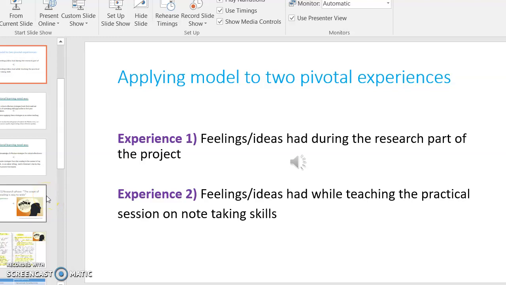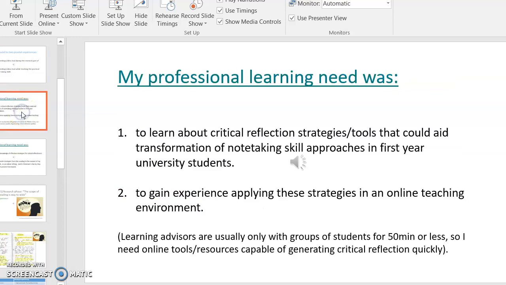Hi there, I'm just going to run down using the model, applying the theory to analyse the process of what I did and whether it met my learning needs. I'm going to separate this into two parts. I'm going to approach this part differently, applying the model by talking about it. The other one I was more writing into the PowerPoint, but this is just going to be showing and connecting with all the different documents that I had gone through.